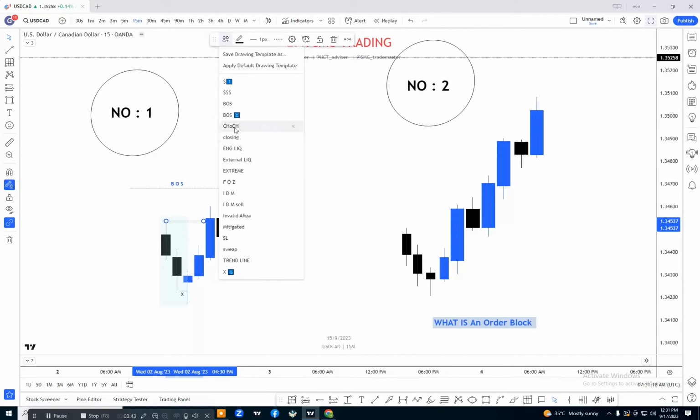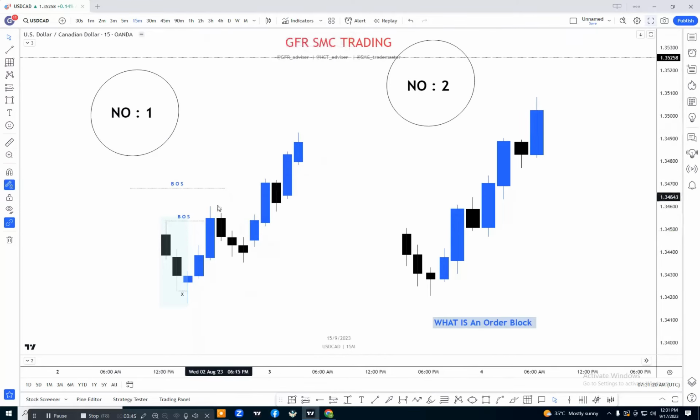This is our breakout of structure. After confirmation of the breakout of structure, the last selling candle before this whole buy move will be considered as our order block. One more thing, for confirmation of the order block, there is need of a proper imbalance in the market. If the candle has no imbalance, then that candle will not be considered as our profitable order block. Like if we see here,